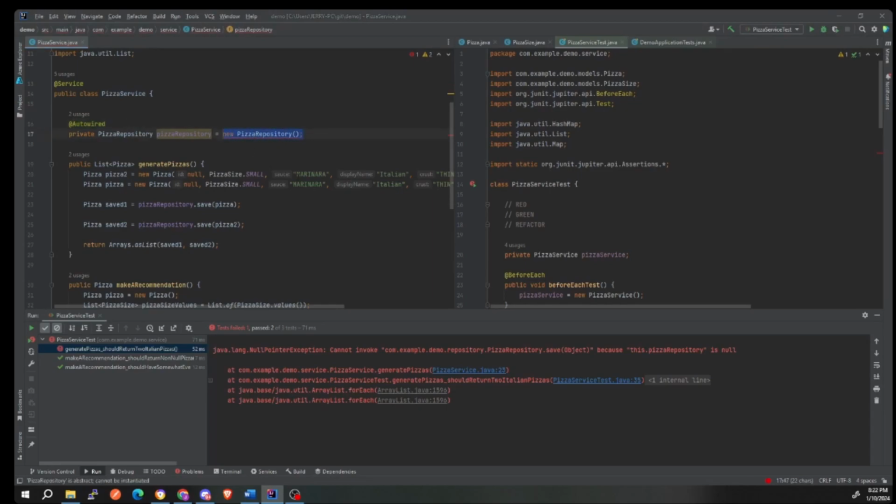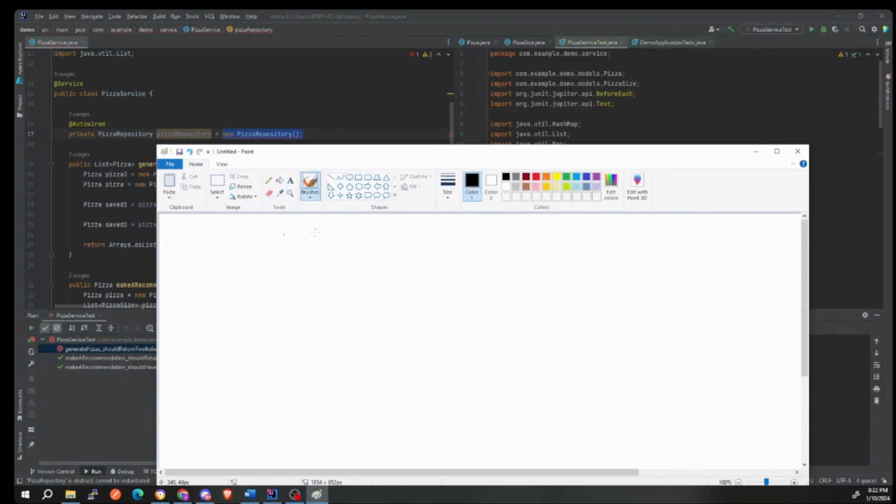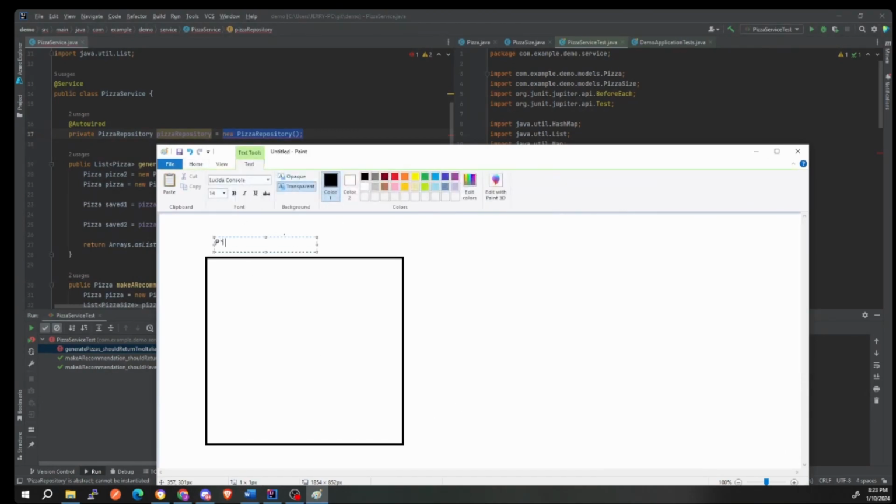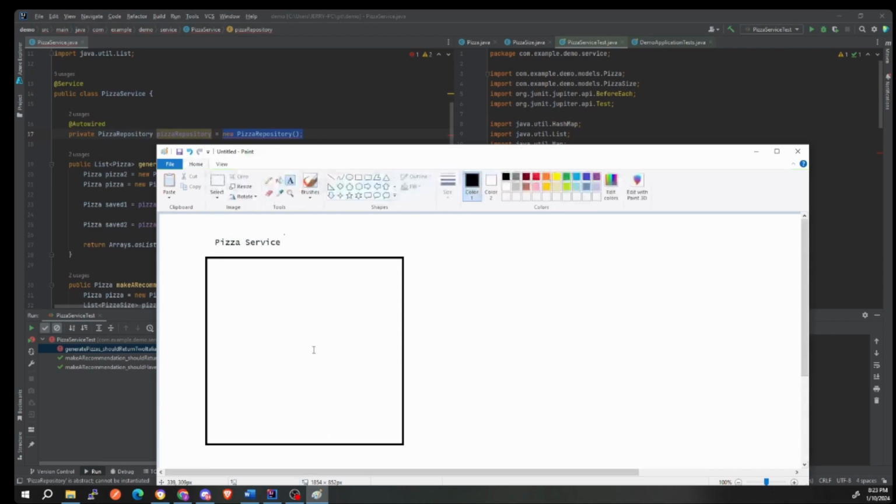So, let me give you an example. In this case, you might think that's a little weird, right? Like, wait, why would we want a fake database? The reason we want a fake database is we have our pizza service here, right? And we want to make sure that the pizza service works. We only care about the pizza service logic, okay? So if I make a real pizza repository here,